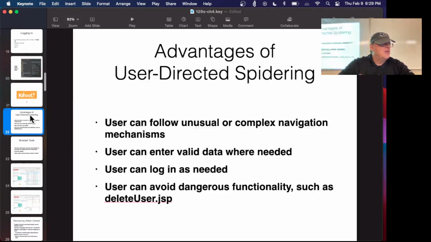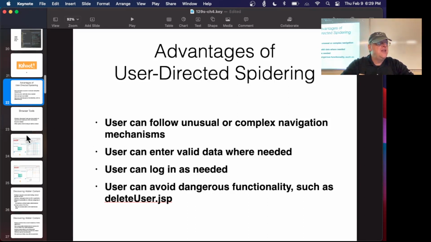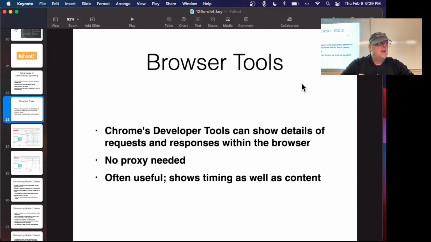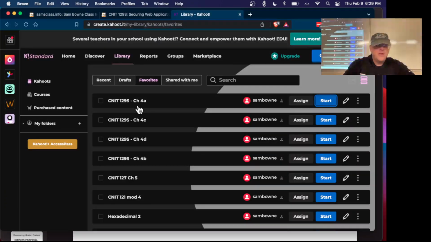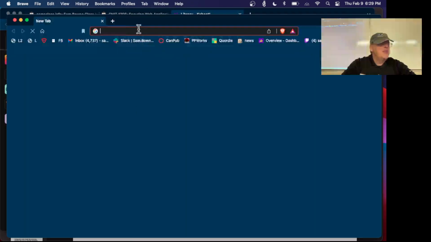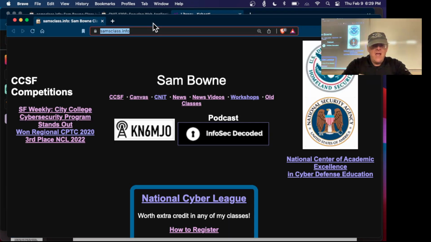All right, so user-directed spidering is what I talk about, where the user just browses through and something like Burp is keeping track of everything you do. Now you can log in, fill out the forms. You can also avoid dangerous functionality like deleting things. Now, Chrome's developer tools can show you a lot of information about a website without a proxy. And the point of this is to help people write websites. So if I, let me just load up, I can probably just use Brave here. This should have developer tools. So if I go to the same thing, Hackathon,